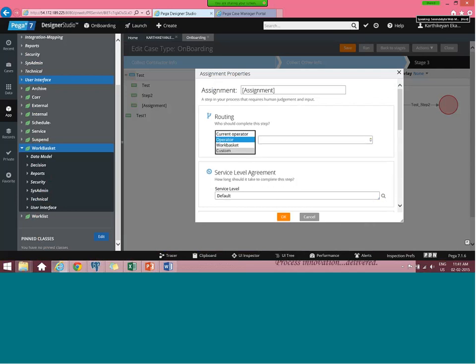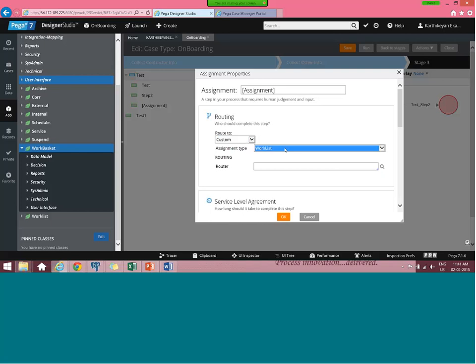If I say custom, this is what you already seen, correct? You already seen this one in your 6 version: dependency, external, work basket, work list. So work basket and work list we are focusing on right now, and external is where DWA concepts come in, Direct Web Access concepts for Assign-External.